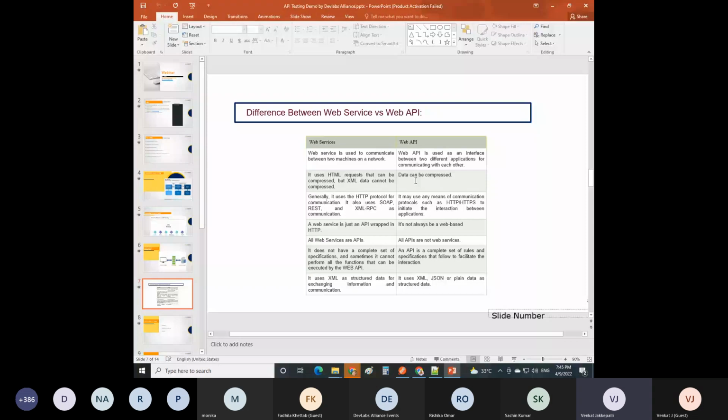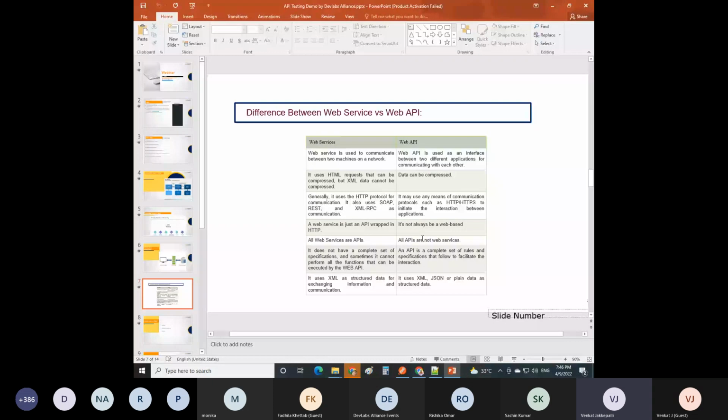Any kind of data is accepted by API. And coming to web service, it is allowing the HTTP method. Usually we'll be seeing in the URL, we'll be seeing HTTPS also, right? The HTTPS means secured HTTP. That means it is a secured one. API is secured because it is allowing HTTP and HTTPS